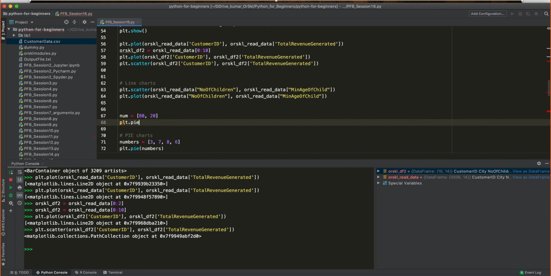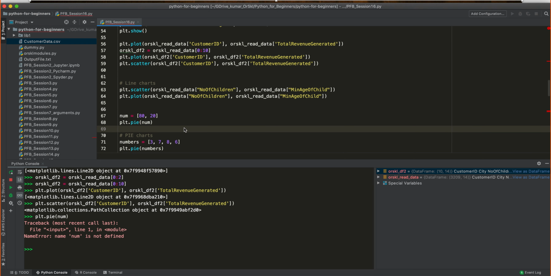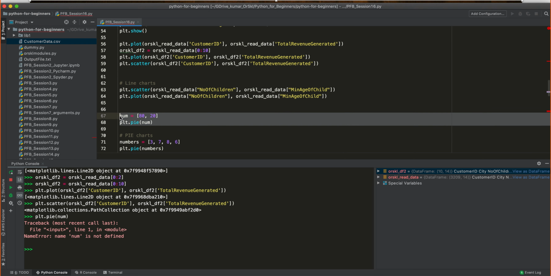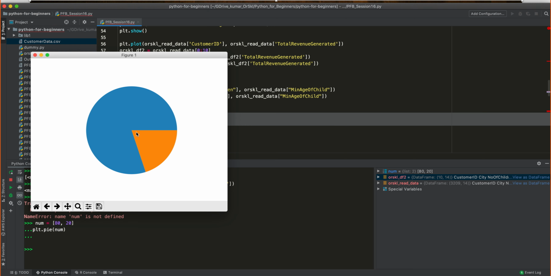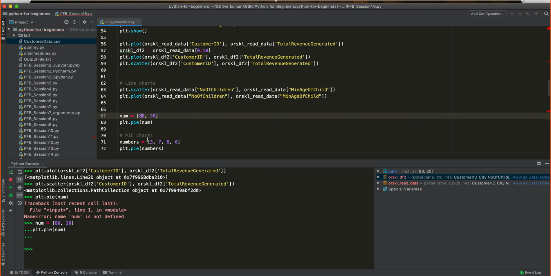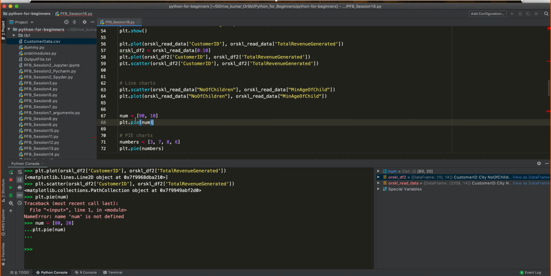Now I wanted to plot a pie chart with these numbers. So pie of this num. See what happens. I'm sorry, I have to execute the one above as well. So you see, this clearly says out of the 100, whatever is the volume that you have, 80% of it is blue and 20% of it is your orange. In case this changes to some other number, for example 90, and then it becomes 10, then you see, I'm sorry,